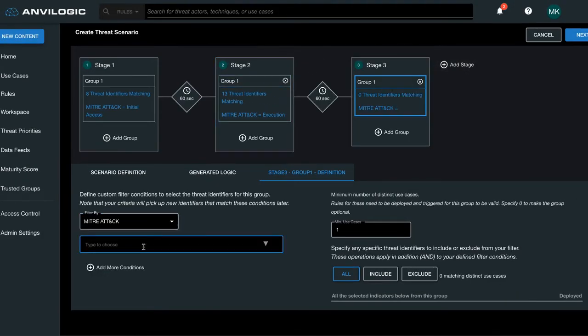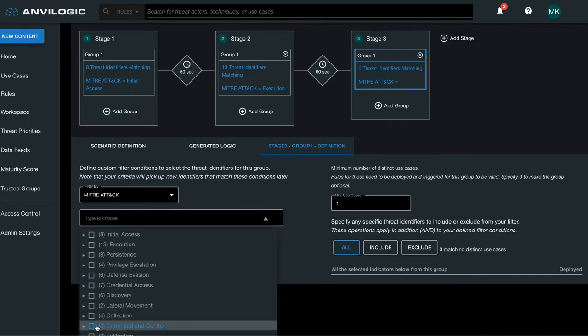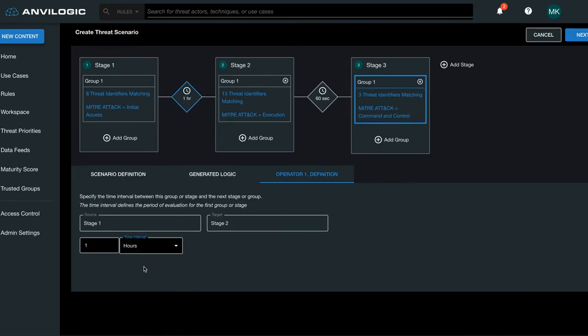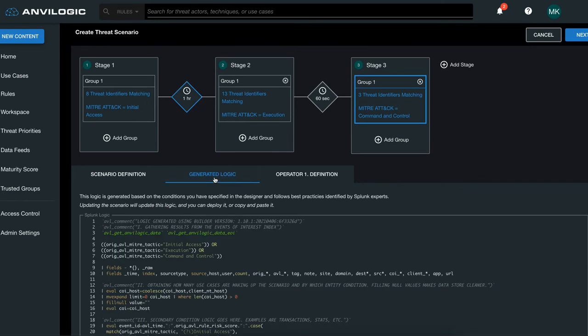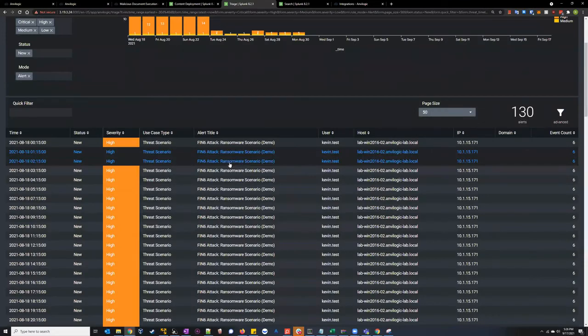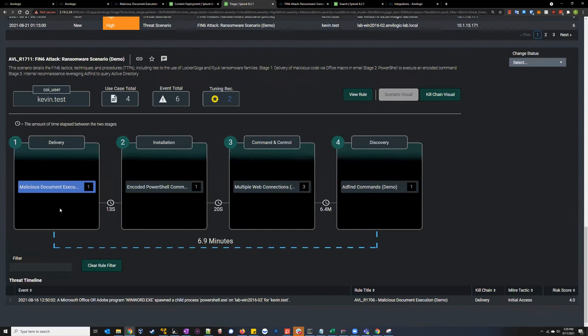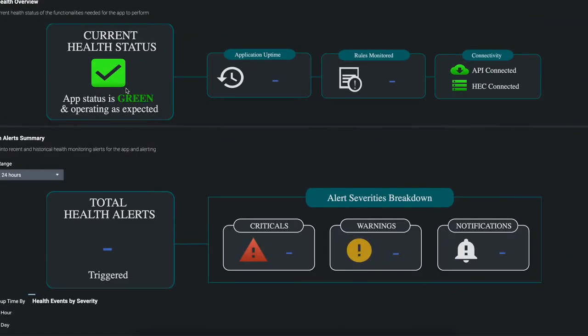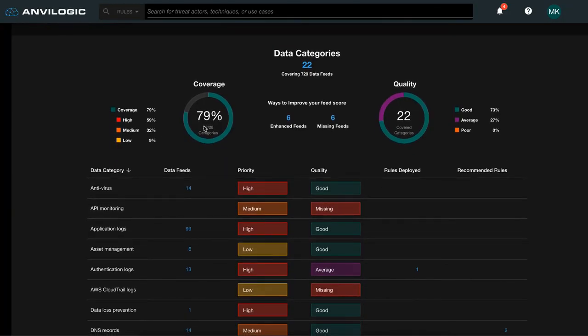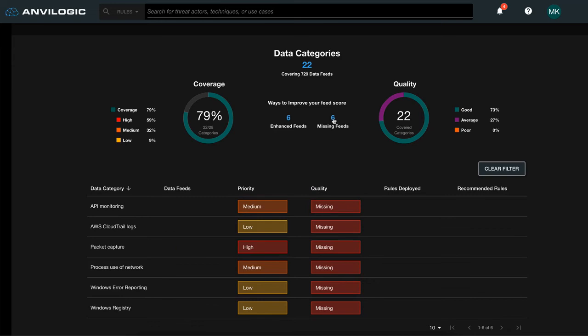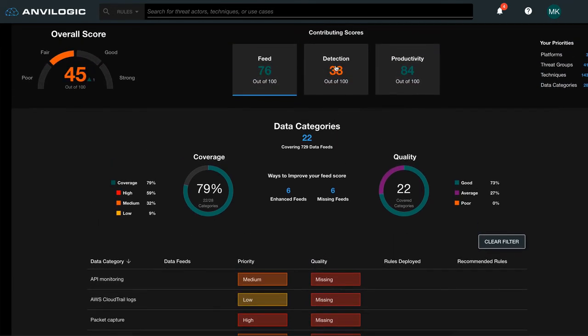Use the platform's no-code builder to create a scenario based on attack patterns without you having to write a single line of code. The platform gives you flexibility to determine your requirements as well as see the underlying logic. Once deployed, you'll be able to see the rule as well as visualize your threat scenario, correlate across seemingly unrelated events, as well as clearly visualize your current health status. This all helps to give you that clear view of coverage, data quality, and detections to help you overall increase your coverage and reduce your risk.